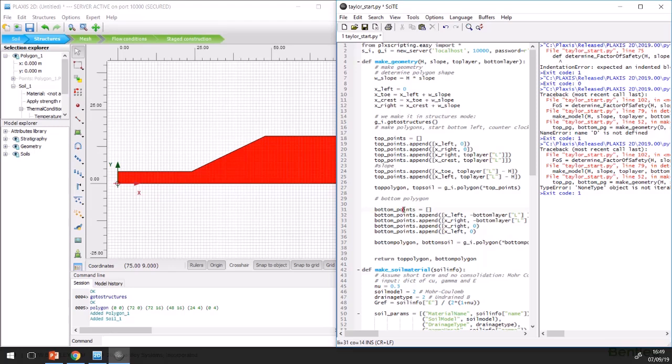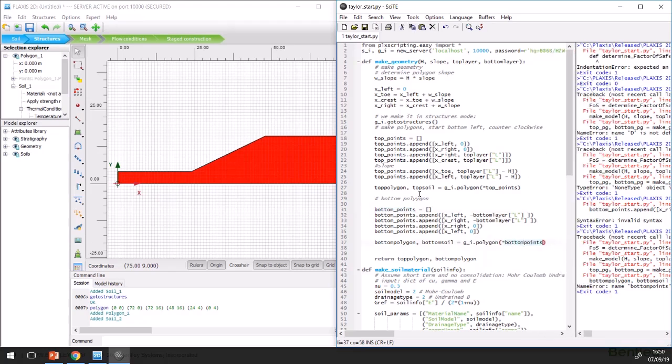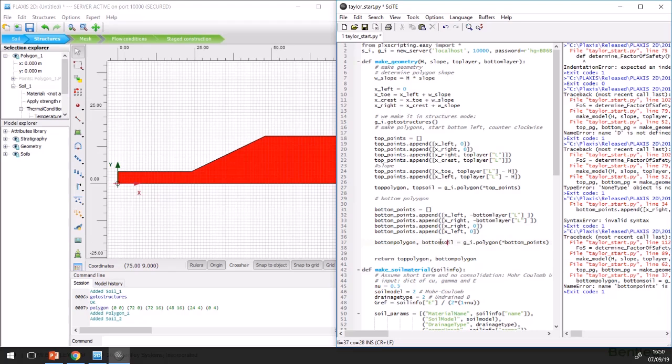So just do a quick test run to see what we get. Oh, I made a small mistake here. I have to add the brackets here because we're going to append a list of two parameters. So it has to have the square brackets inside as well. So rerun the command. And it says bottom point is not defined. I used an underscore here, which of course should be clear. So it must always be clear and precise when programming. So if you now rerun this,